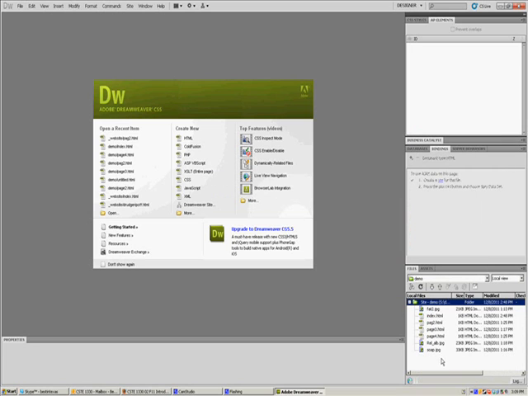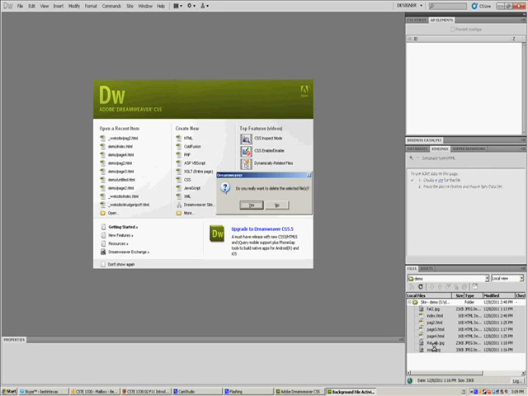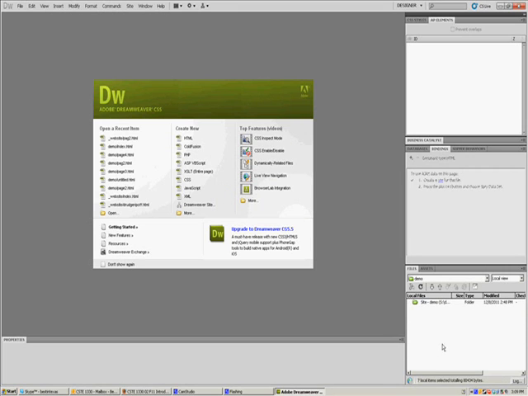So I'm going to switch over to my demo site and clear it out so that I can build one from scratch for you, and you can see just how little time it takes. I'm going to select all the files. I did this by holding down Shift after selecting the first file and going down to the bottom and selecting it. Now, the first thing I do is I right click